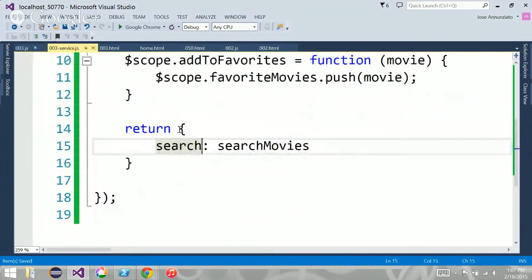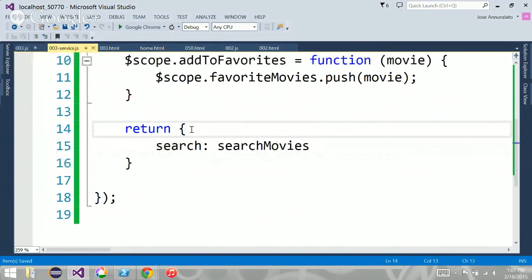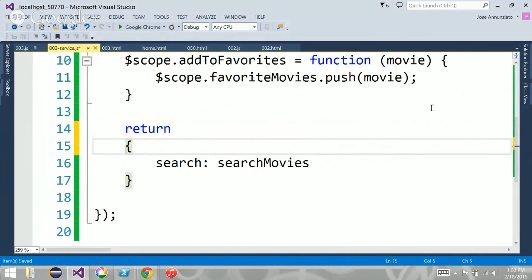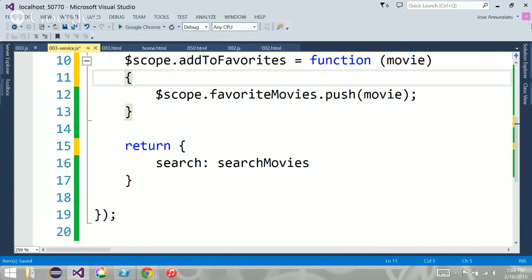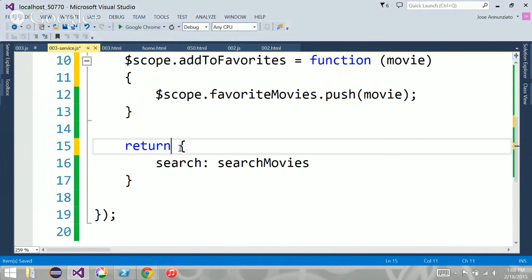Also notice that the curly bracket is next to the return as opposed to on a new line. That's not the same. Written like this, JavaScript interprets it as return immediately with nothing, as opposed to this, which means first create the object and then return that object. So be careful there. All these are okay to start on a new line, but not this one.